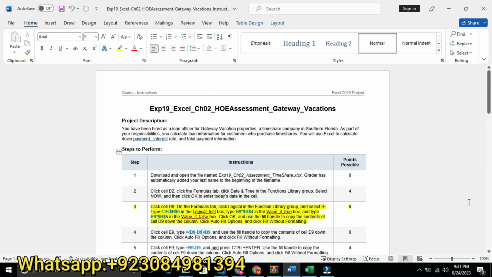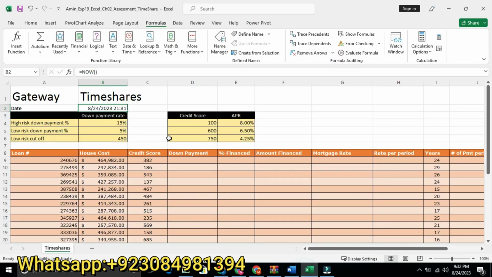Our third step: click on cell D9, and on the Formula tab, click on the Logical function library group and select IF. So we will go to cell D9. Here is our cell D9. We will go to the Formula tab and the Logical group.